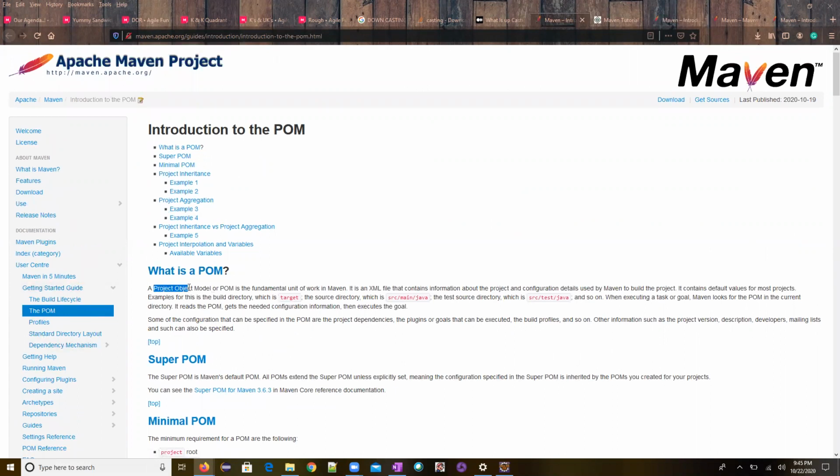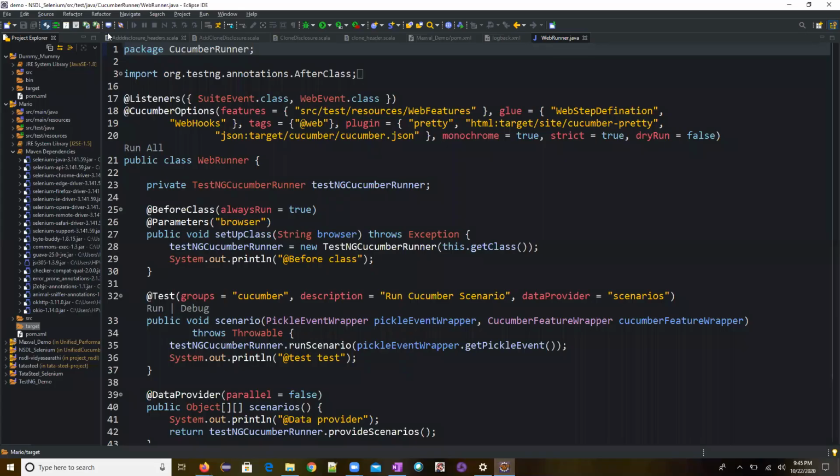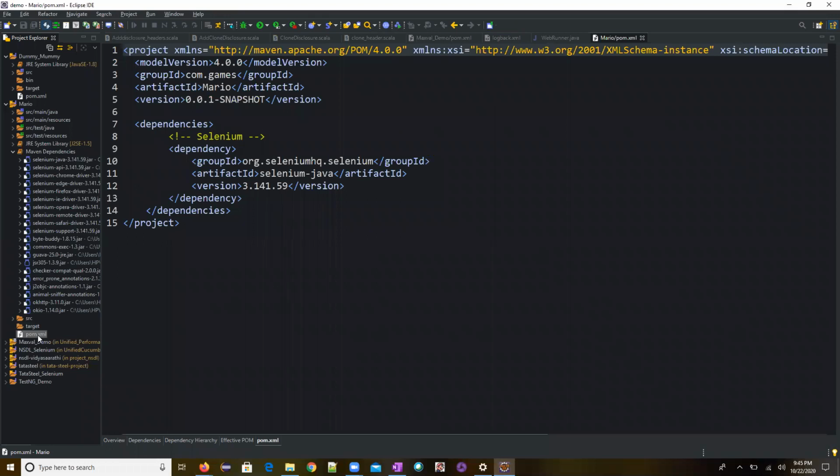As I explained, the POM is nothing but a project object model, and it will be an XML file. Whatever we do will have the XML extension, and in this XML file we are just making configuration settings. To make those configuration settings, we use this POM file.